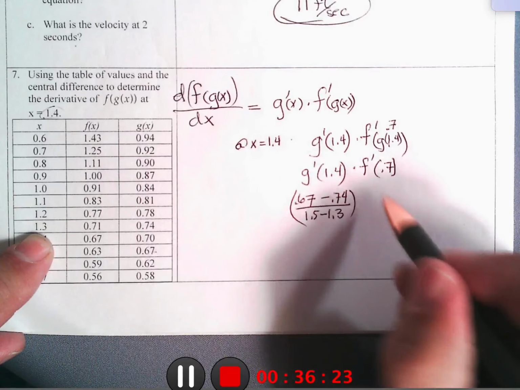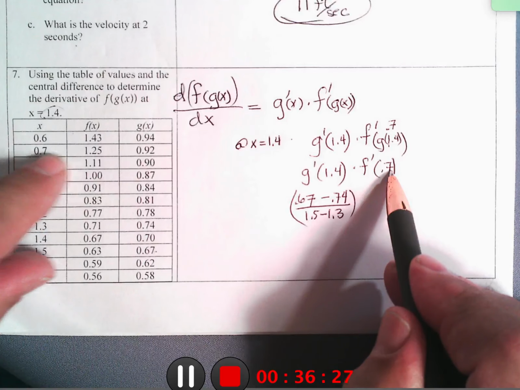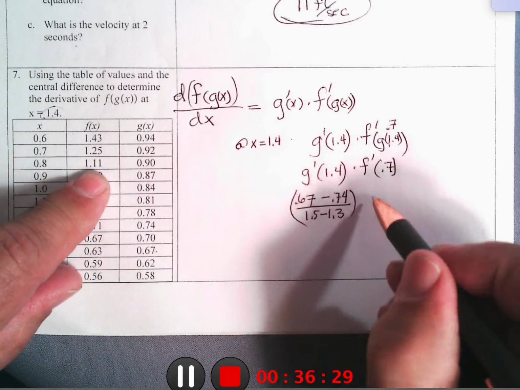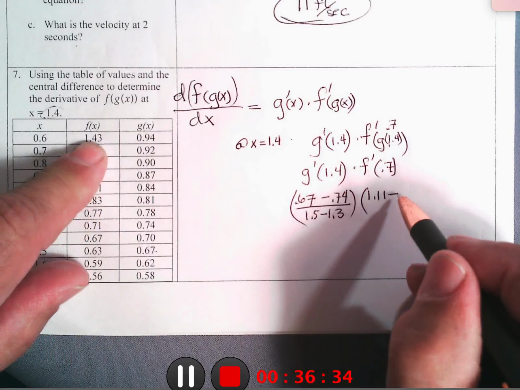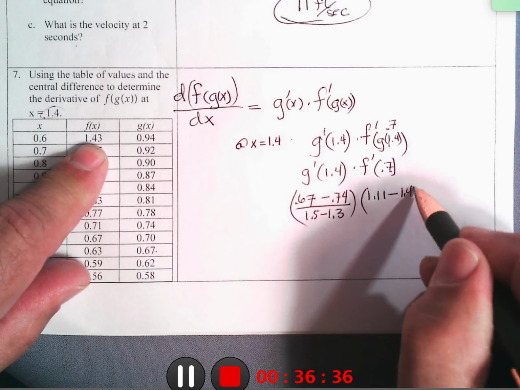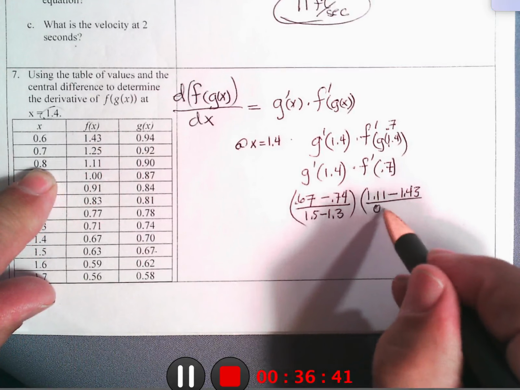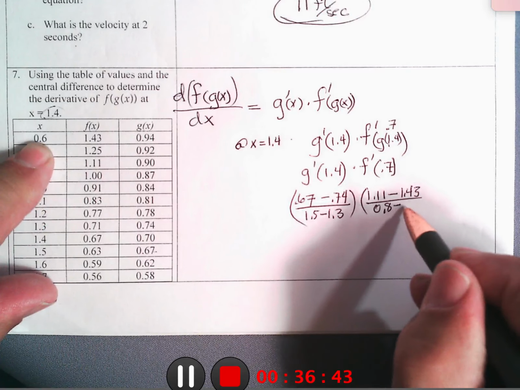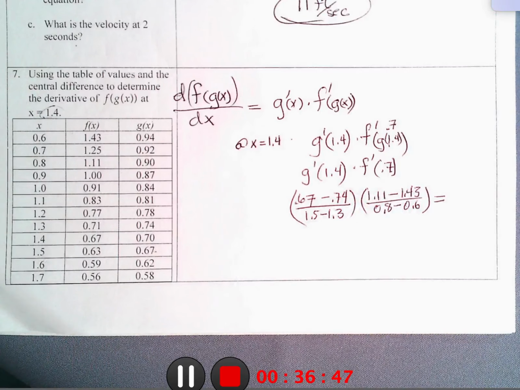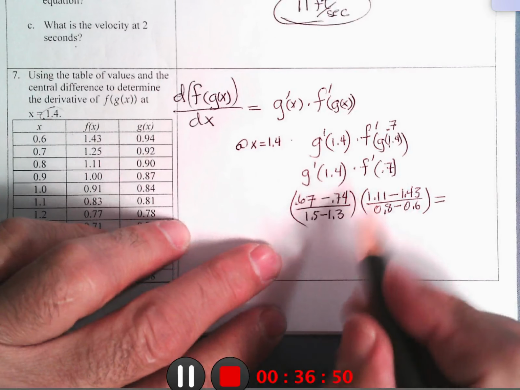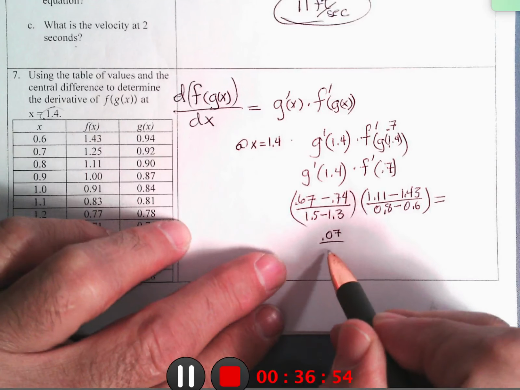And f prime at 0.7, so we have to go up here, and that would be 1.11 minus 1.43 over 0.8 minus 0.6. So we get, that's 0.07 divided by 0.2